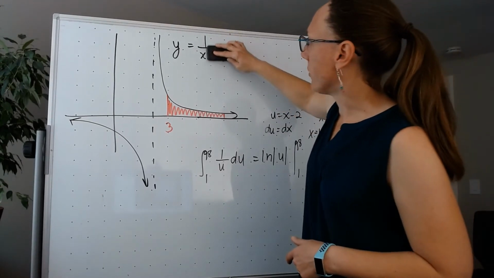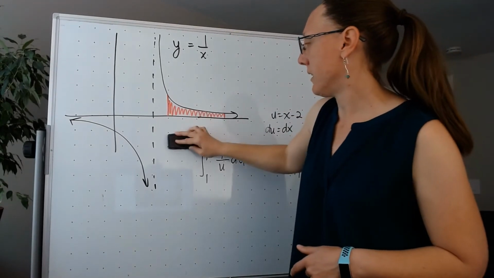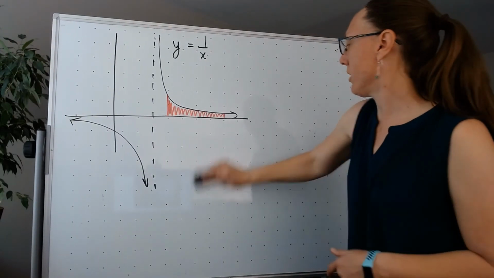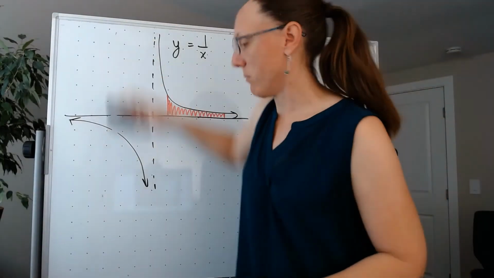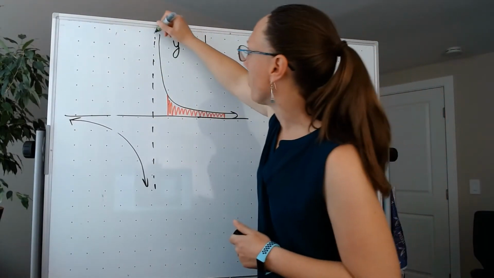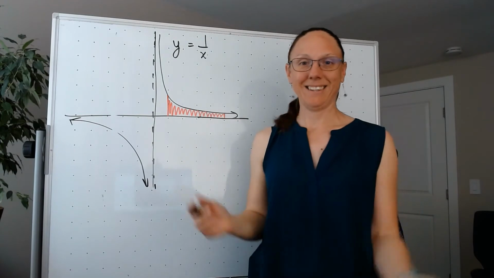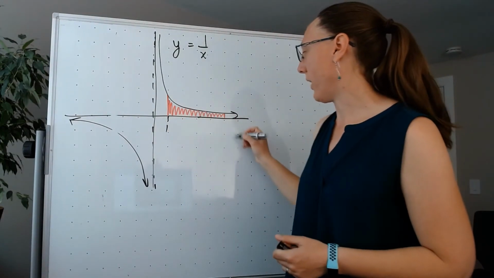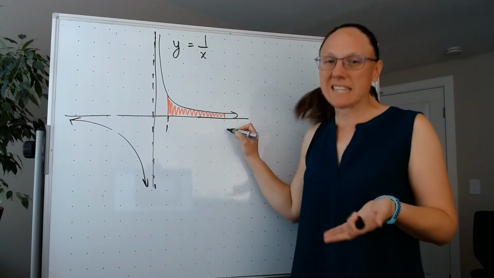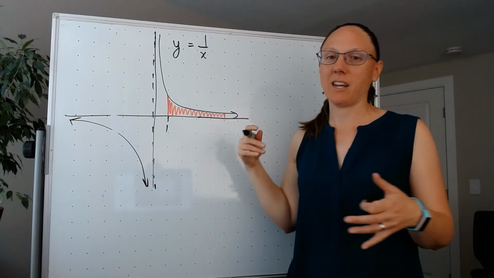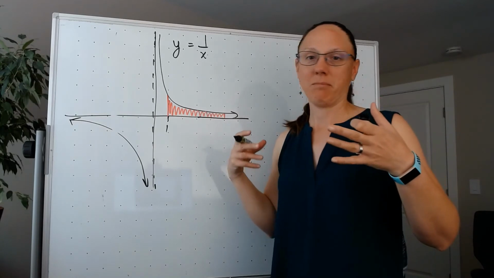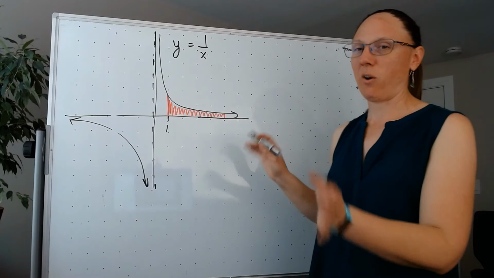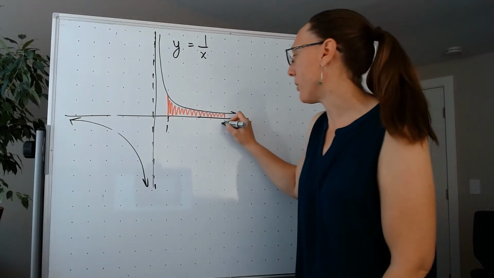I'm going to do that, and I'm just going to turn that asymptote into my axis. There we go. And now I'm going to go from 1 to, well, I said that I wanted to go to 10 and then 100,000 and then, what did I say? 100 million. But for now, I'm just going to put in a placeholder,